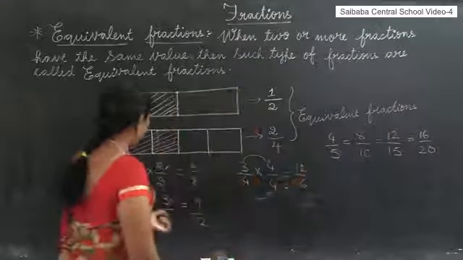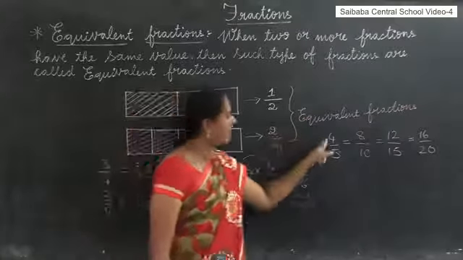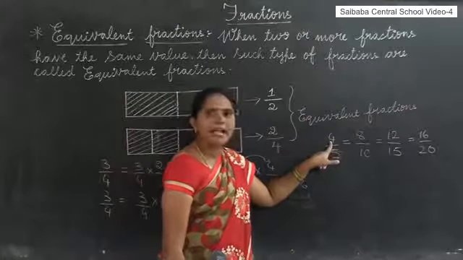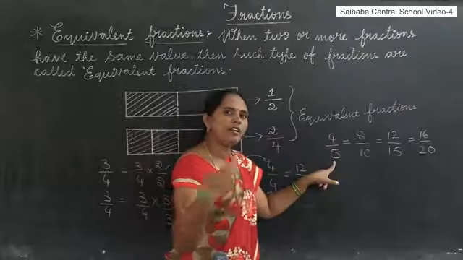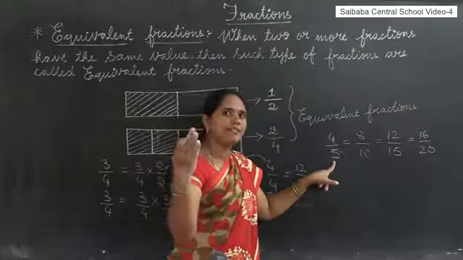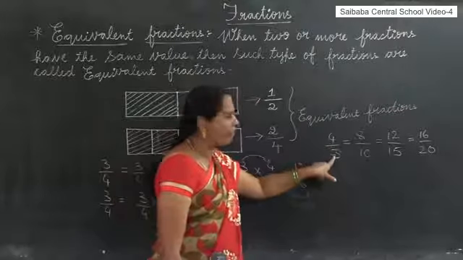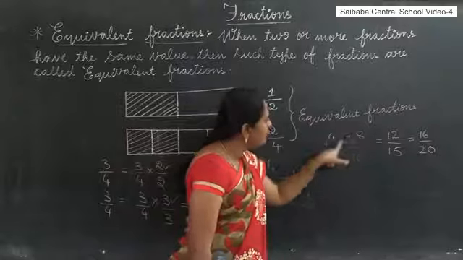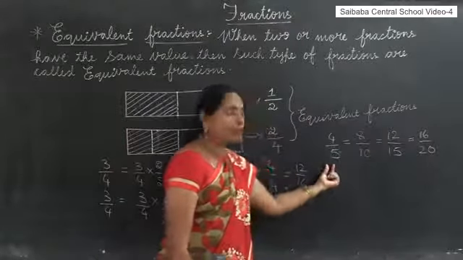Directly we can write, no need to write like this. By using multiplication directly we can write. First multiply numerator and denominator by 2. Not only by 2, if you want you can multiply by 6, by 7, by 8 like that also. Here first I have multiplied by 2. 4 2s are 8, 5 2s are 10. This is one equivalent fraction of 4 by 5.